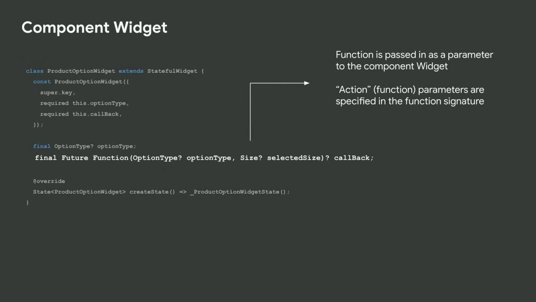So if I head back to the generated code, I can see that now I'm looking at my product option widget. That's that component that I created that's reusable for selecting size, color, and quantity. And now there's another parameter that's added as an input, and it's a function. When I was showing it on the last slide, I didn't point it out, but actually the function that I was passing in has its own parameters, option type and selected size. So this is a callback that can now be called by my component to update that state variable.